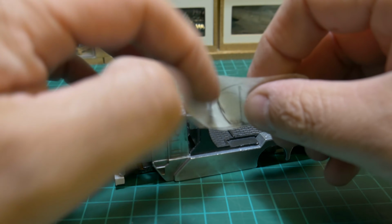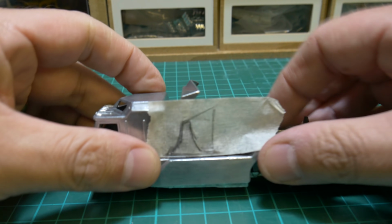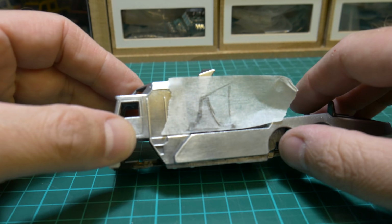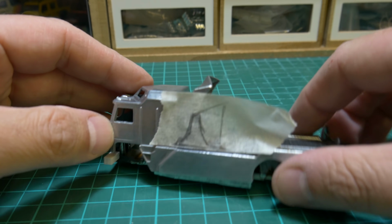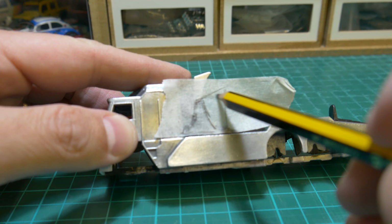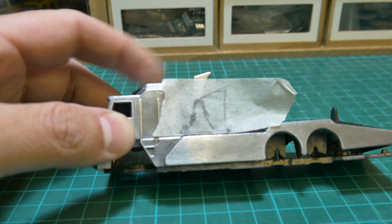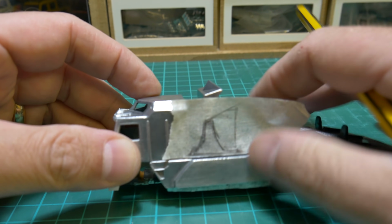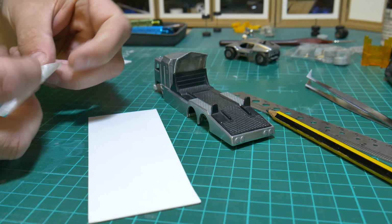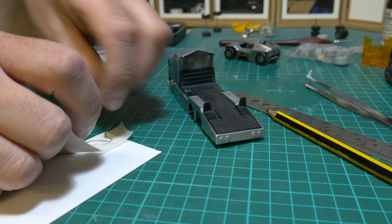So quick and easy way to do this is just this bit of masking tape, and I'm just quickly toying with a few different ideas there, whether to go pointed straight up and go in line with this top, I don't know, it's not a spoiler, is it? Little wind deflector at the top, keep in line with that, or do I go flat, mimic the bottom? I don't quite know, so hence I'm just having a little bit of a play around there. But I think I'll go with the pointed up bit shooting to the top and mimic that top aerofoil spoiler thing. So I'm just going to place it onto some styrene now and cut around it,